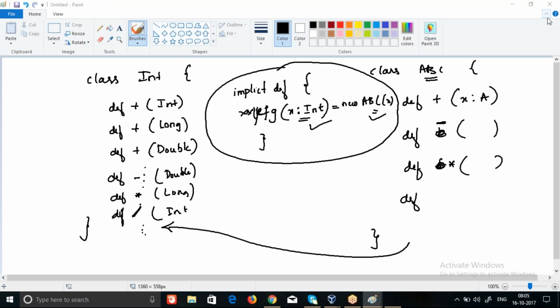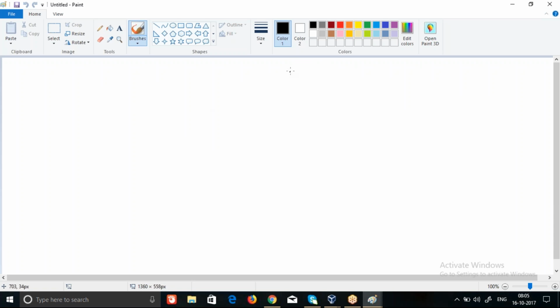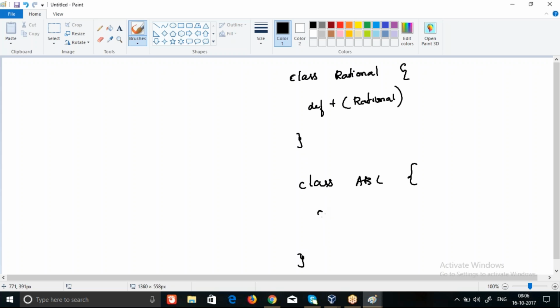So I will just put something here. I have defined a class rational, and I have a method plus here, which takes one more rational number. Let's say I have this method. I have one more class ABC. I have defined a plus method, which takes a parameter of the type ABC. I have two classes. Now I have class integer